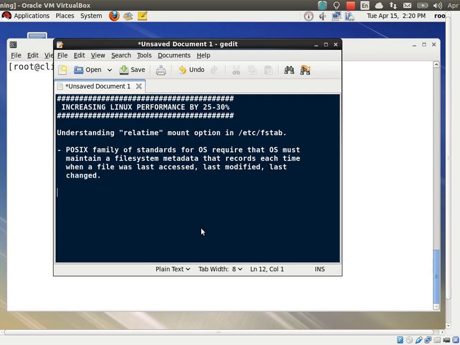So it is a standard that the operating system needs to maintain a separate file system metadata for every file, recording when the file was last accessed, when it was modified, or when it was changed. You can easily see it with the stat command. Let me explain what happens. I have a